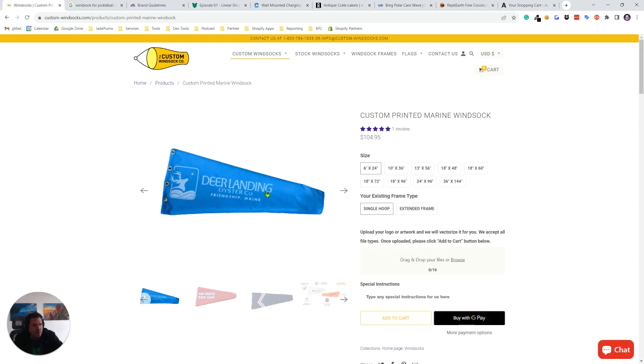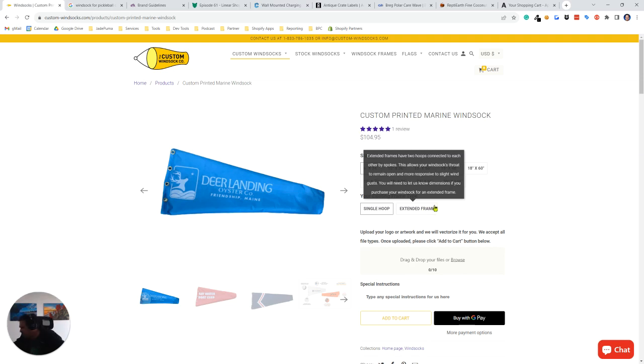So your frames, I don't think said anything about extended frames. Your Windsock frames, I think, are all single hoop. Correct me if I'm wrong. So anything you're selling that's new, extended frame is not an option, right? And how many extended frames do you have? Are those separate products,